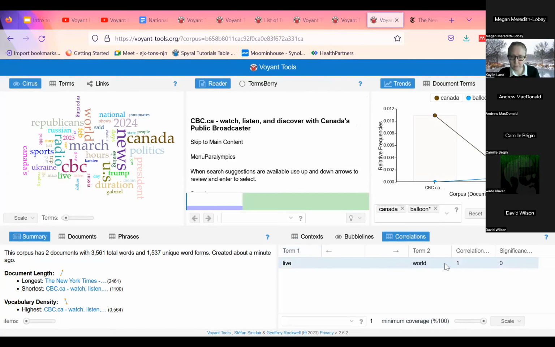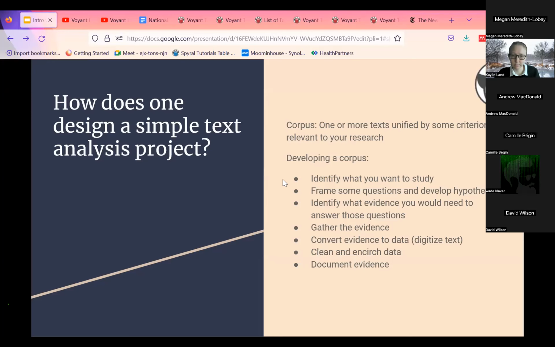Again, this maybe wasn't the greatest example because these two corpora are not having the most terms. But